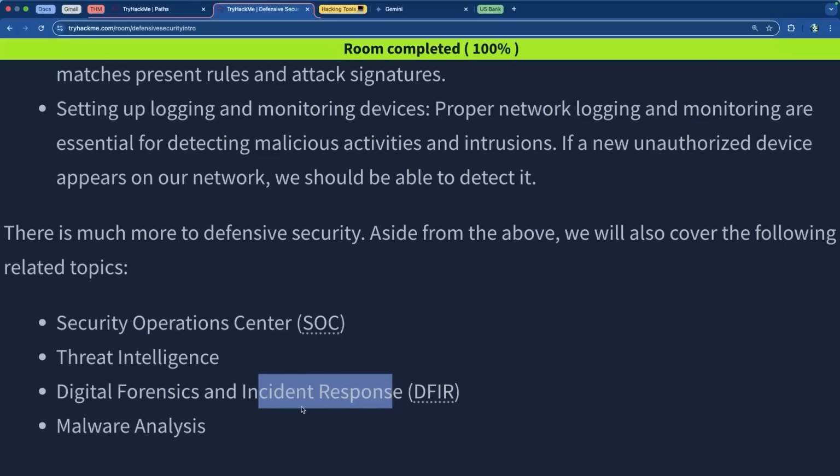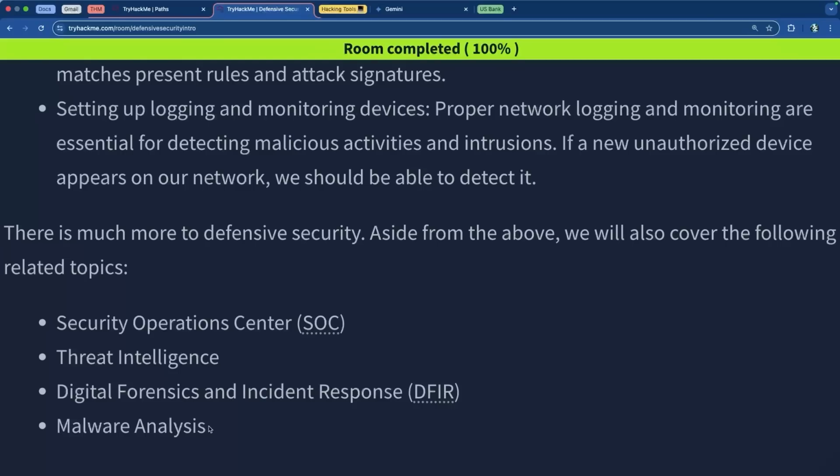Incident response can also be something that happens in a live environment, but these terms are typically associated with investigations that happen after the incident has occurred, where we're trying to backtrack and see what just happened to us. And then, of course, there's malware analysis, which has a lot to do with knowing source code, really. There are dynamic malware analysis tools that will help you analyze the source code and the